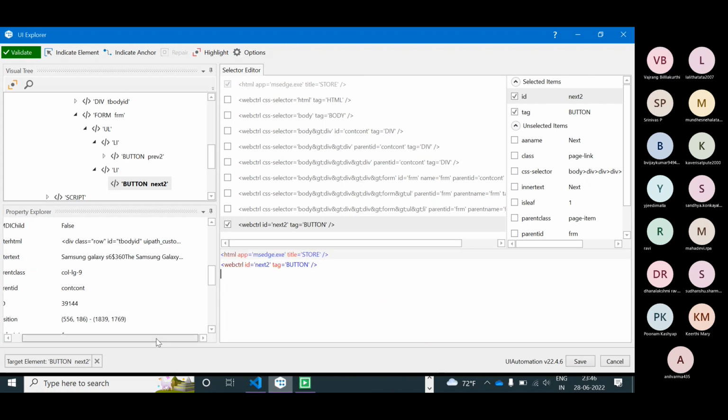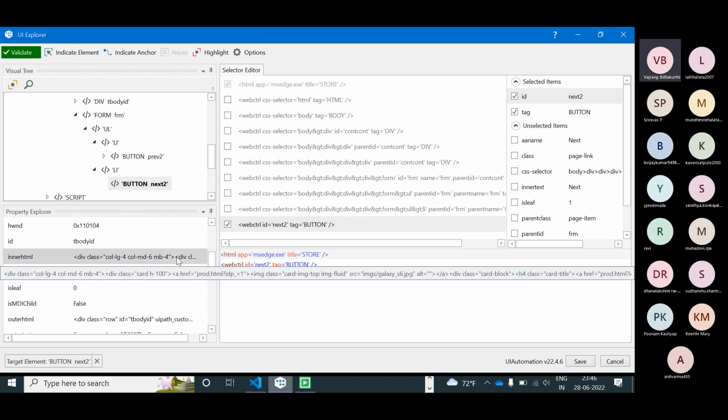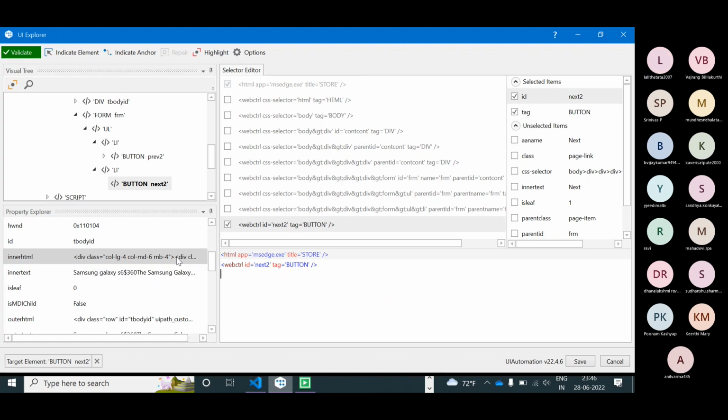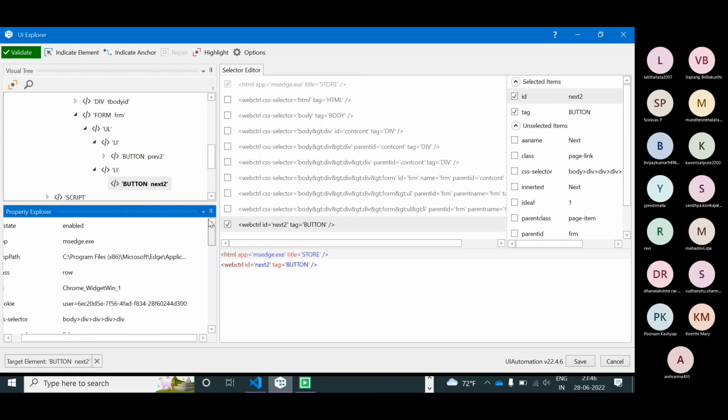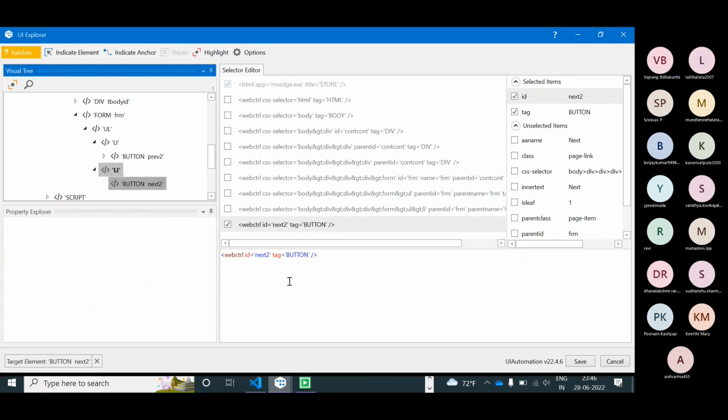So what should we do? Find some other value where we can get it. Identify a resource. LI, title is store.